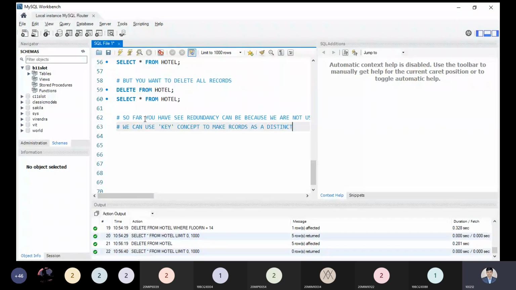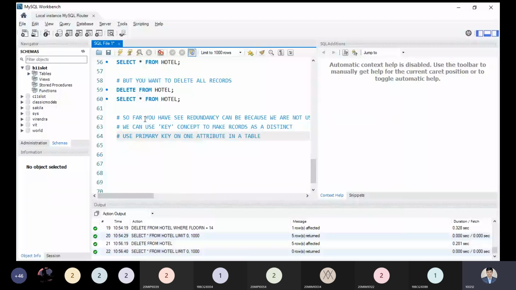So for this we have to use the concept of primary key. Use primary key on one attribute in a table. Okay, so after this, what do we have to do?